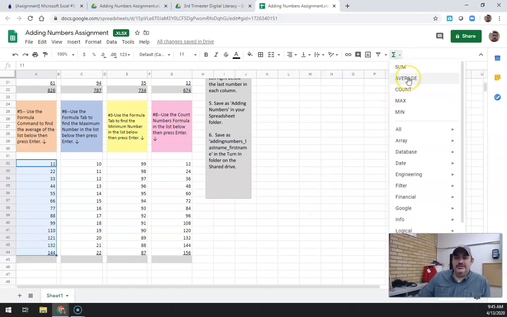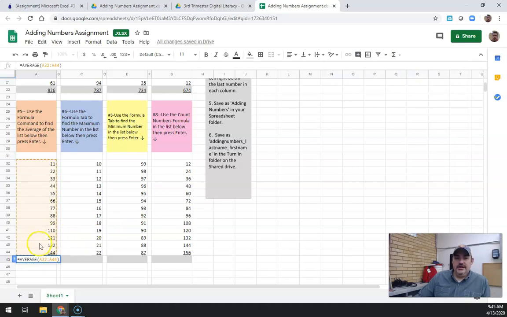And we need the average. You guys should know what the average is. I'm going to click on that and look what it automatically does. If we highlight the list first, it's even easier than what we did previously. We highlight the list first,